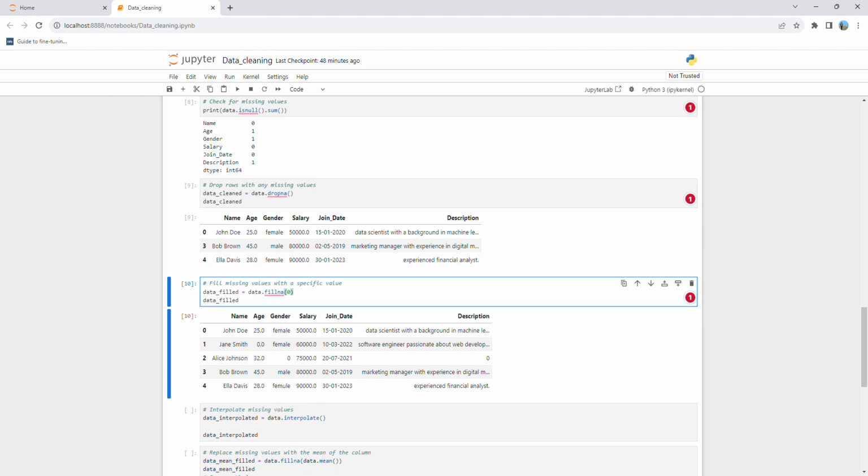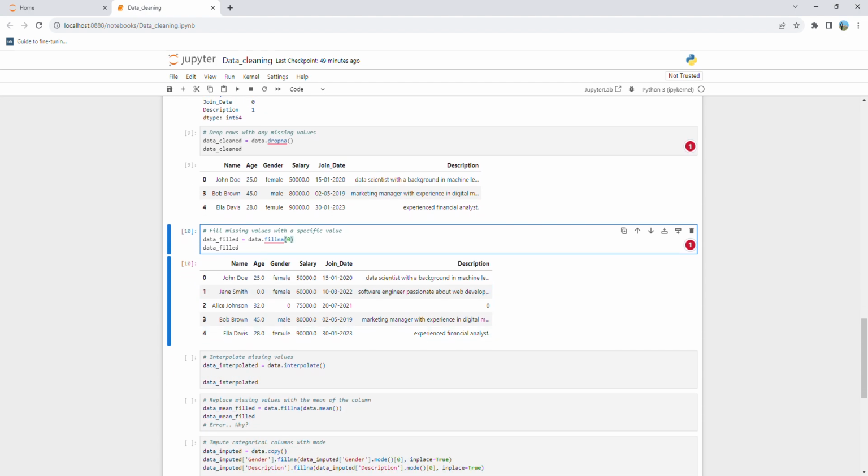But the problem with such an approach is that, of course you can do this at a column level as well, but you don't want to do a fill NA on a constant value, because then that may not be valid, because age 0 doesn't make sense. Even if you put age 30, it doesn't make sense, right? So although this is one of the approaches wherein, if you know something, you put it here,